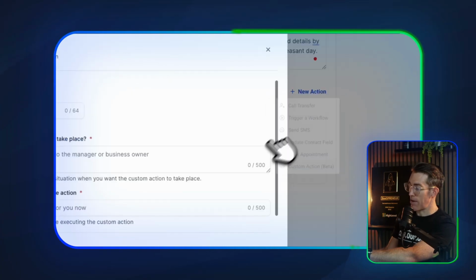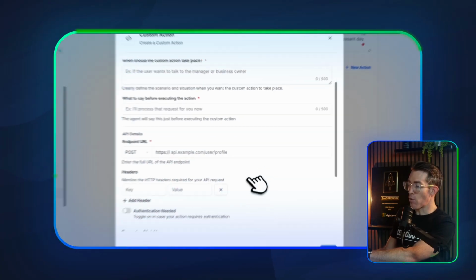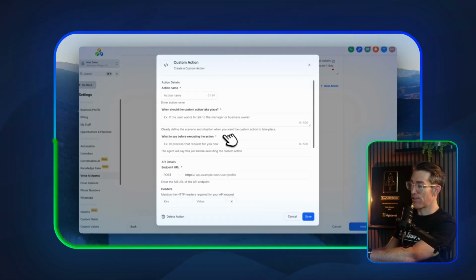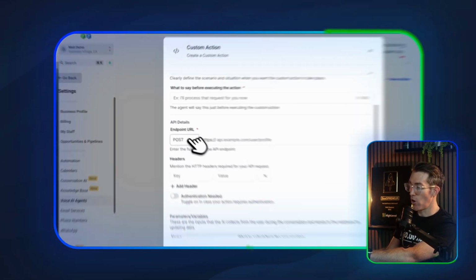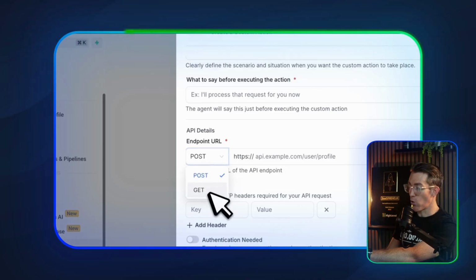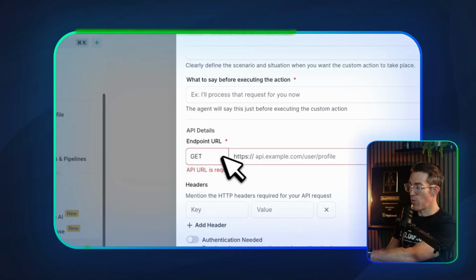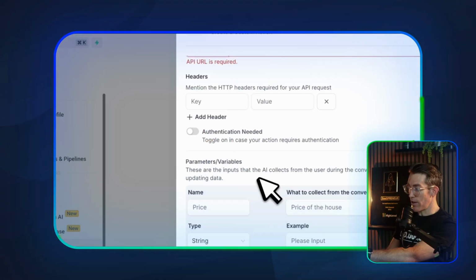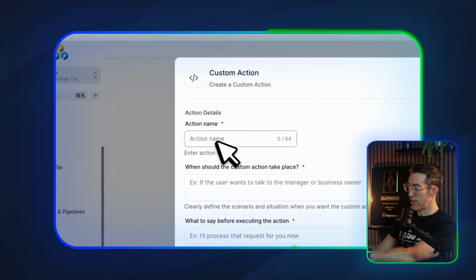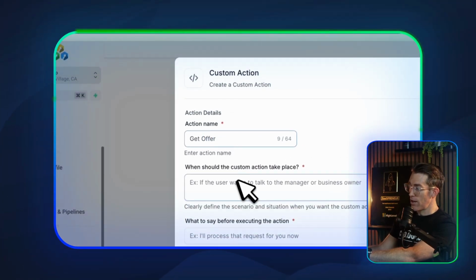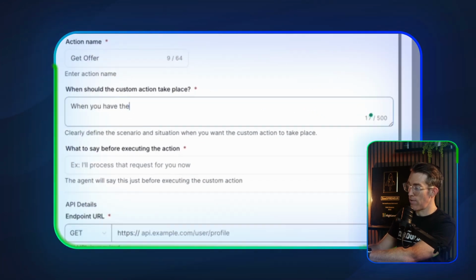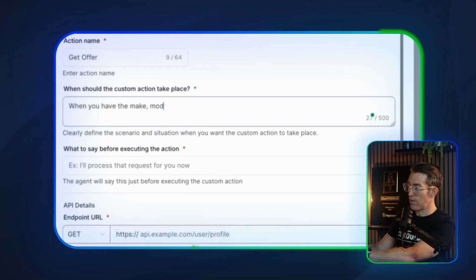And then the custom action. This is a brand new functionality, or let's say the latest functionality here, where you can actually call either a post or a get. So if you want to fetch that price for the vehicle, you can now say, let's say offer. And when you have the make, model, and year of the car,